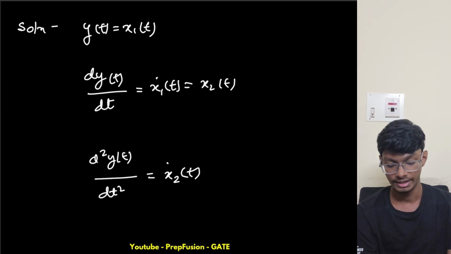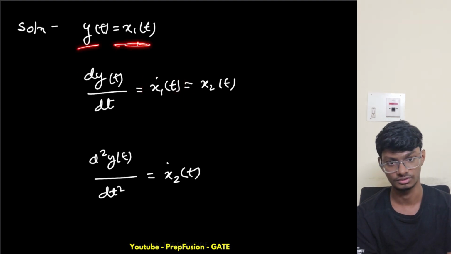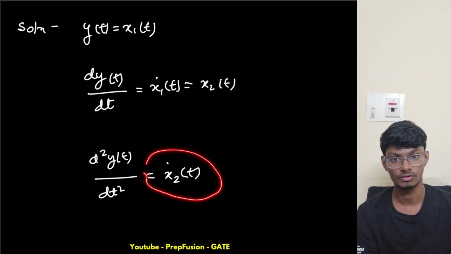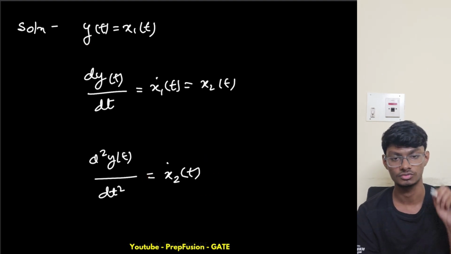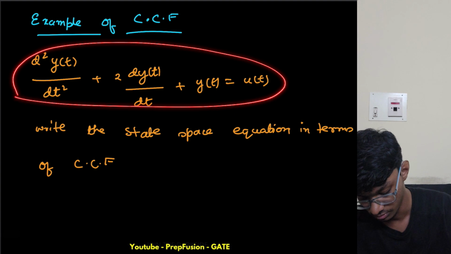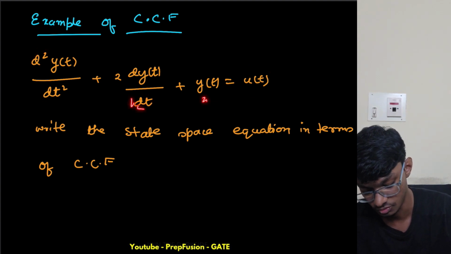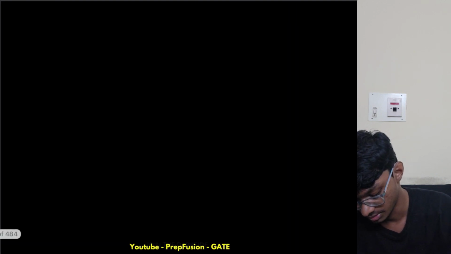I have x1 dot of t as a function of x2. I already have y as a function of x1. So I only need x2 dot of t as a function of x1 and x2 and u, okay? So replacing in this equation, this is x2 dot of t, this is x1, this is x2 and this is x1. So this becomes x2 dot of t, okay,